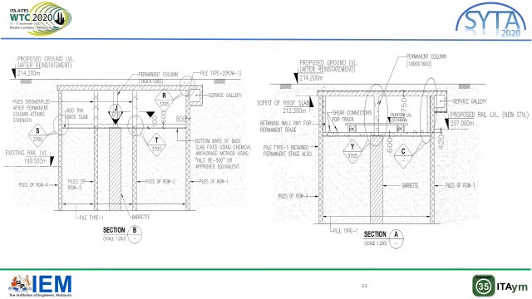From this figure, we can see piles dismantled after permanent column attain strength. These are the piles and this is the permanent column. And this figure shows the final section over tunnel crossing over area, after the construction of platform slab. This is the retaining wall, this is a permanent column.